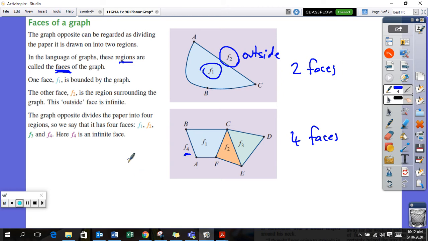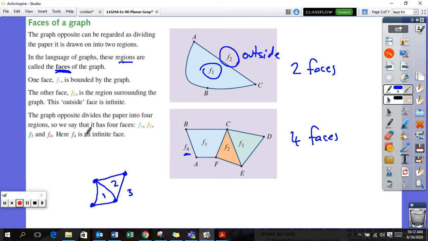Okay. If I was going to draw something like this, this would have 1, 2, 3 faces. Okay, 1, 2 inside and the outside face. Okay, so